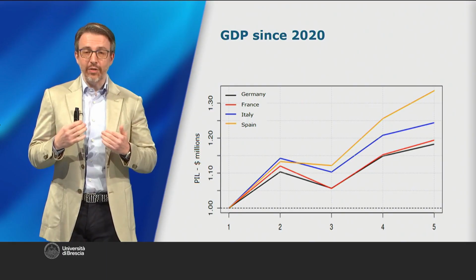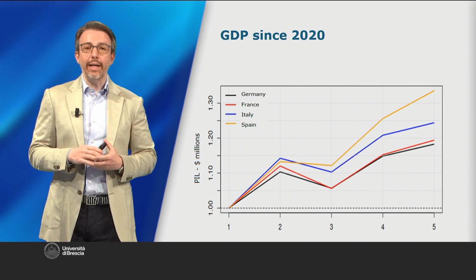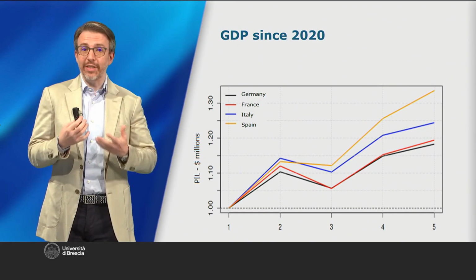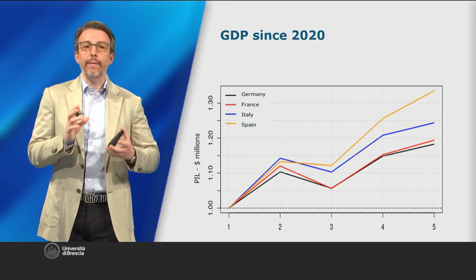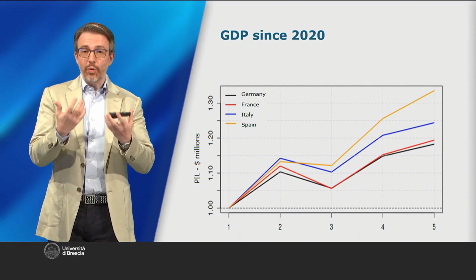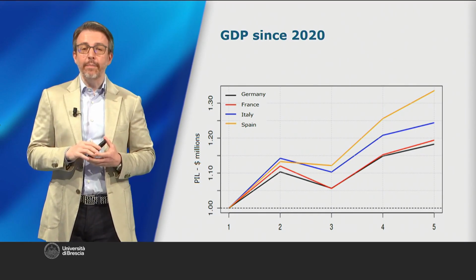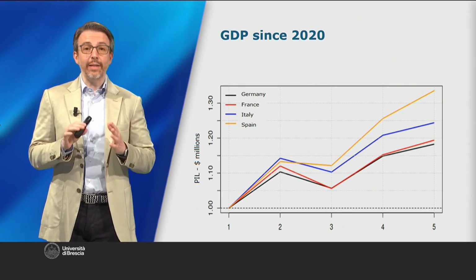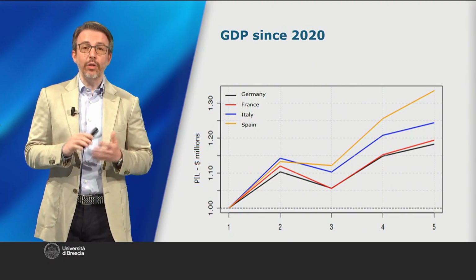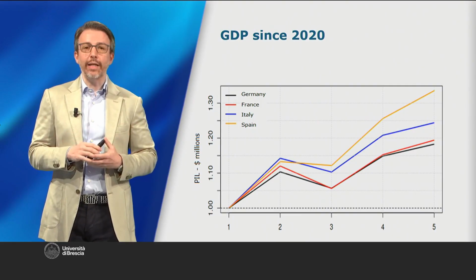We can see that, on the other hand, France and Germany have had less positive results compared to Spain and Italy. So our narrative can change a lot. It can change substantially, depending on the starting point. You see, even from a political point of view, if we want to send a message to someone, we can adopt a different perspective. Anyone analyzing economic data needs to be aware of what's behind a graph. And in particular, what calculations and motivations might have influenced the people who created the graph in question.